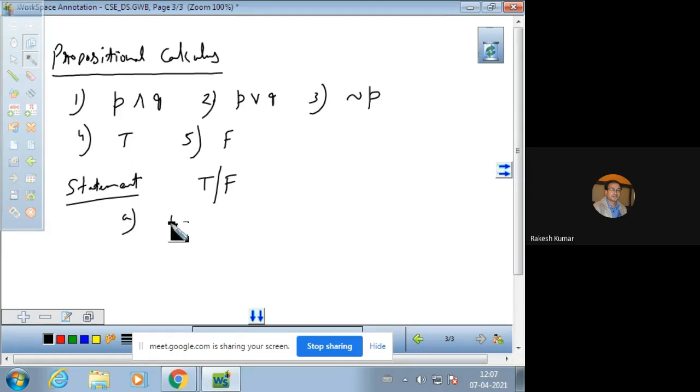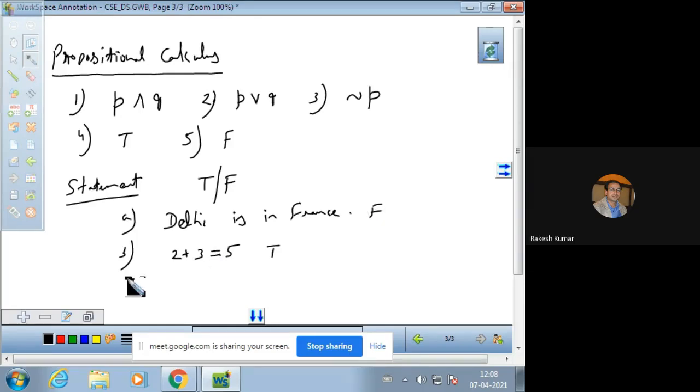Delhi is in France, this is the first statement we are going to take. And we all know that this statement is not true because Delhi is the capital of India and it is situated in India, not in France. The second example which we can take is 2 plus 3 is 5, and we all know 2 plus 3 is 5. So this is a true statement, but the previous one is a false statement.